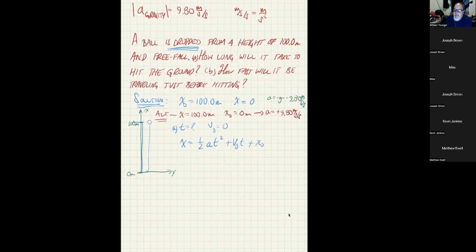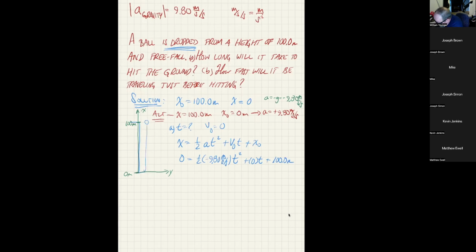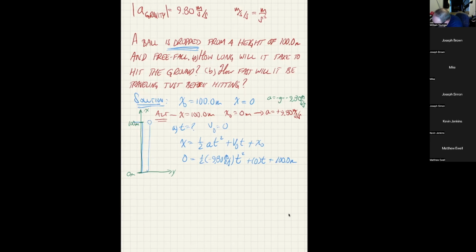Now, in order to do that, I've got to think about my coordinate system so that I put the numbers in properly. So what I know is that the final position is 0. So 0 is equal to 1/2 times negative 9.80 meters per second every second times T squared plus 0 times t plus 100.0 meters, which is the x0. Notice that negative 9.8 allows us to take it to the other side and it'll become positive. So I'll get